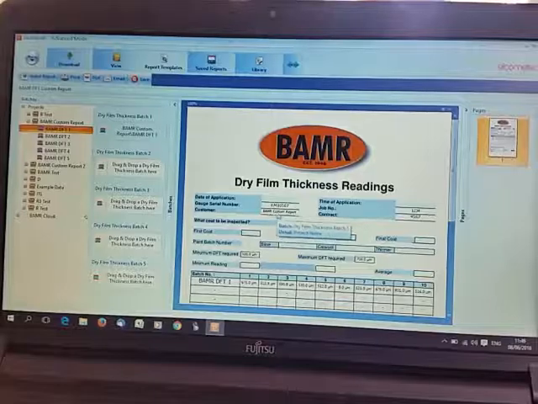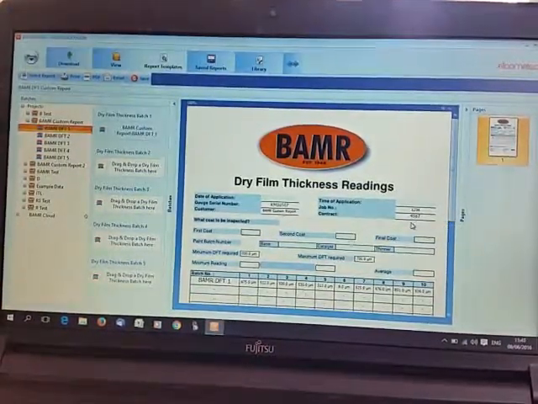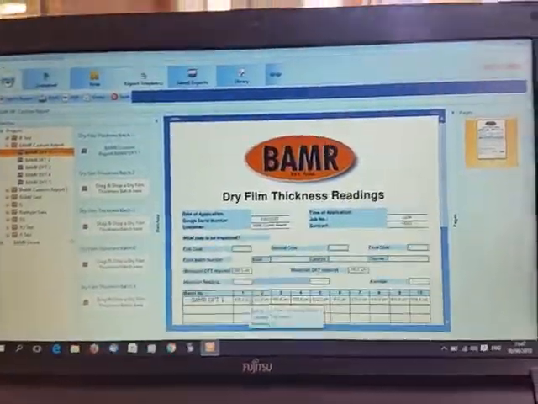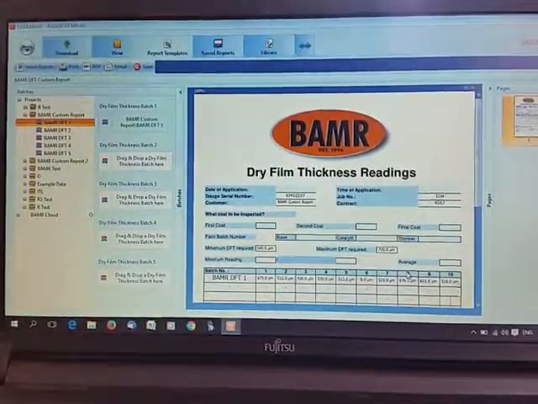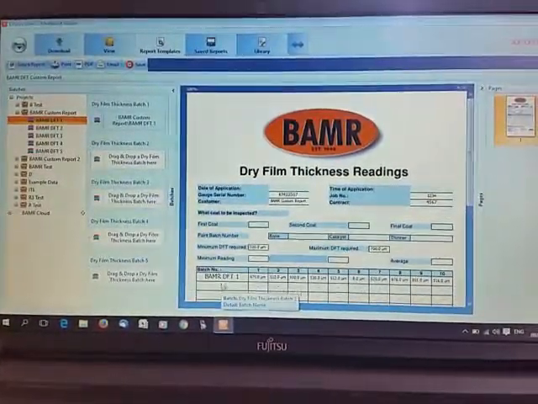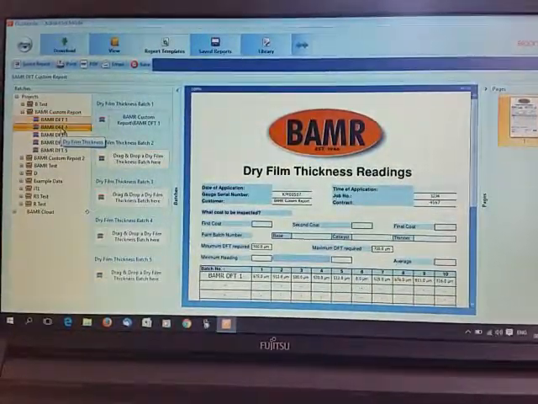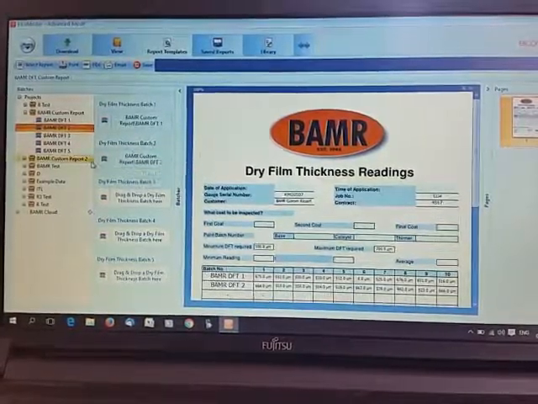So it's got the serial number there, it's got the customer, which is project name, a few other details. And the batch, which had 10 readings, are now, all the readings are appearing here. 675 up to reading number 10, BAMR DFT1. Okay, DFT2, we can actually just double click and it will automatically populate right from thickness batch 2,